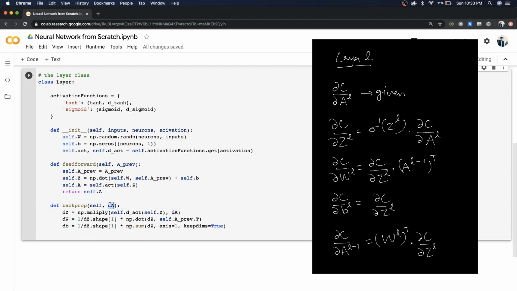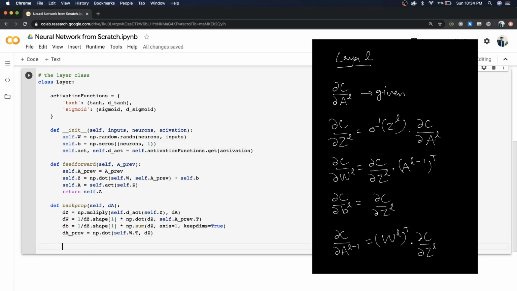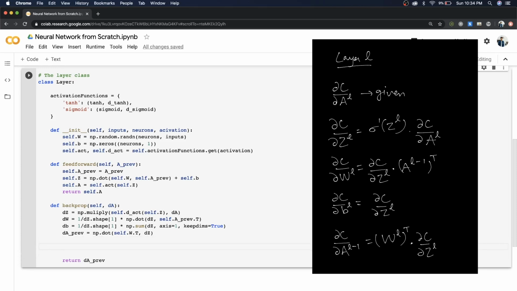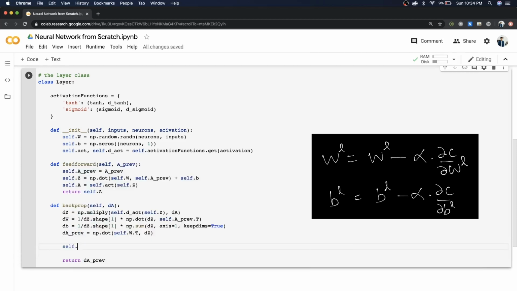Just like we got this value from the layer before this, we are going to find the value of dA and call it dA previous, to pass it to the layer that is going to come after this, okay? And we simply return this value dA previous. Also, before doing this, we need to update the values of our weights and biases using our learning equation.